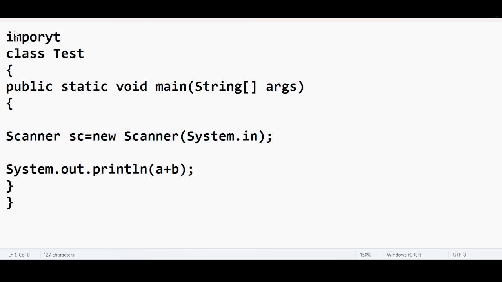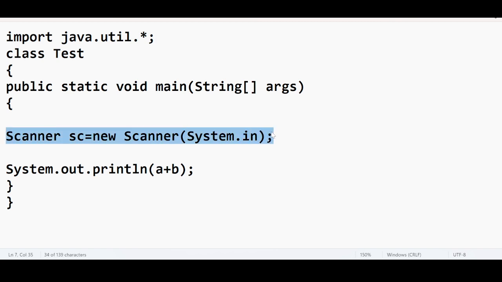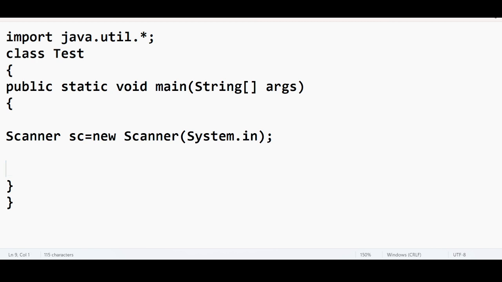Import java.util.*. Okay, there is a big explanation for the Scanner class in a future topic. For now, this is used to collect input from the end user. Okay, how can the input be collected? So if I try to